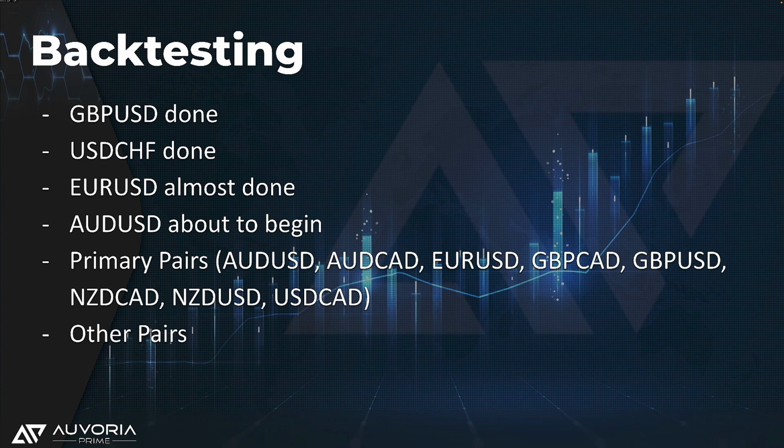Euro USD will be done this week, Tuesday. AUD USD is about to begin. And I just emphasize that we're looking at the primary pairs that are used by Kraitos Elite. We will get around to GBP CAD and USD CAD towards the end, since those are optional pairs, since they have a tendency to run in a trend and cause more drawdown. And then after those 8 primary pairs, we will then move on to other pairs, including the Swiss franc, miners, and JPY. Now, to get through all those pairs, it'll take us months to do, but we'll be releasing